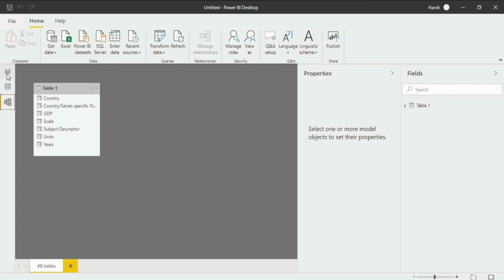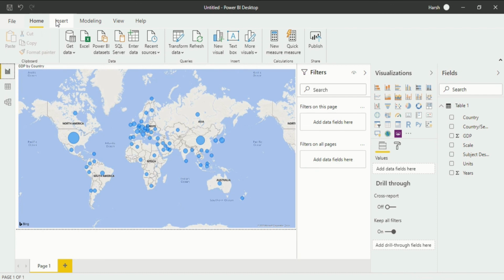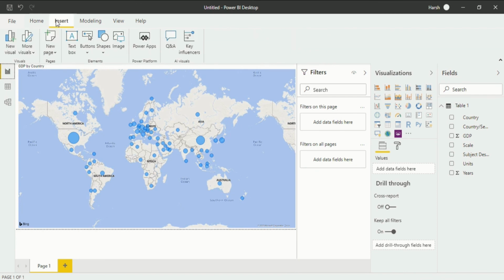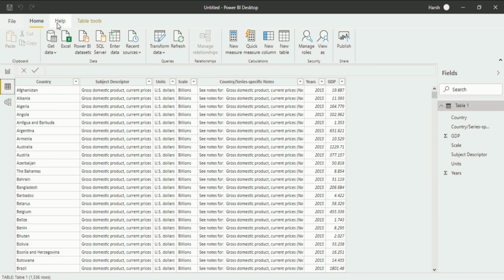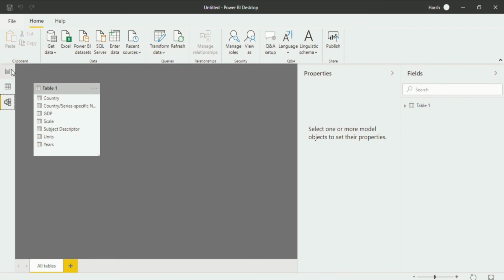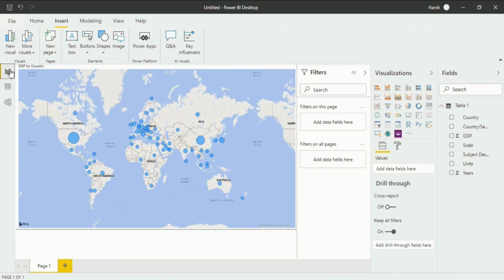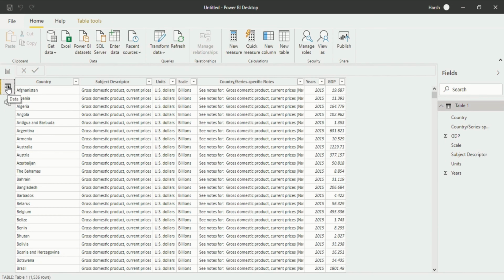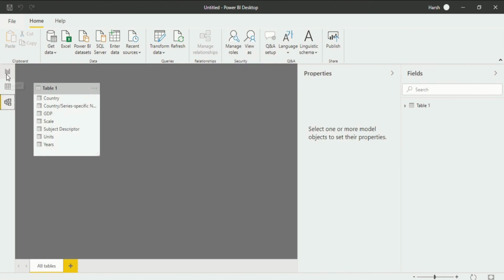When we get back into the report view, we'll talk about the second ribbon, that is insert. Now click on insert, you will see that the functionality of the insert is completely different in the 3 parts. The visuals that are available in the report view are not available in the data view or in the relationship view, because you can visualize and insert certain things into the report view, but you cannot do anything in the data view and the relationship view.